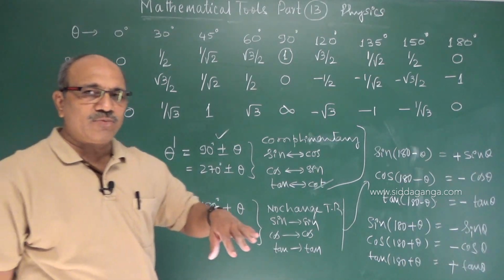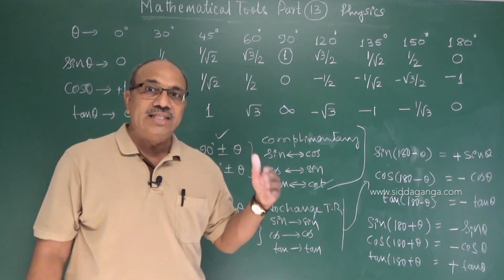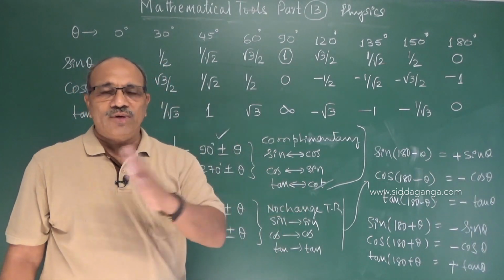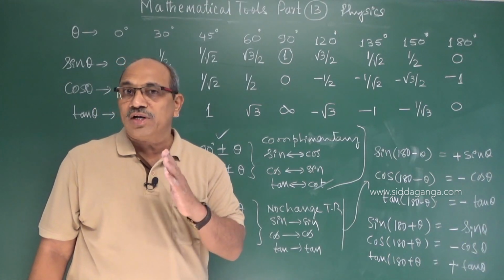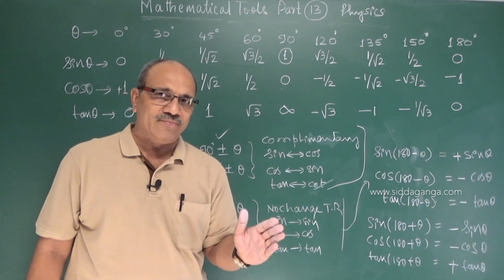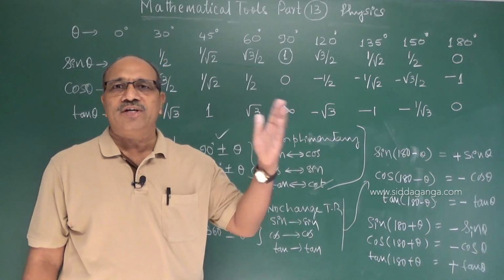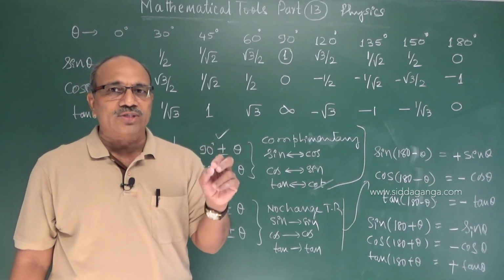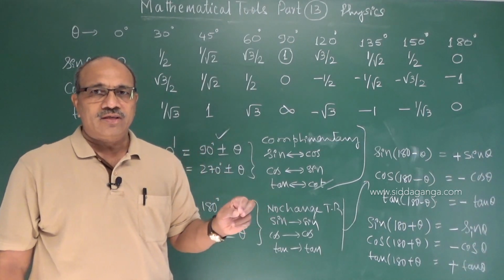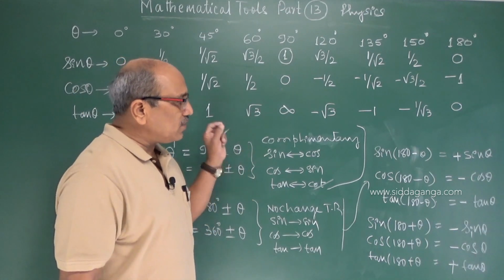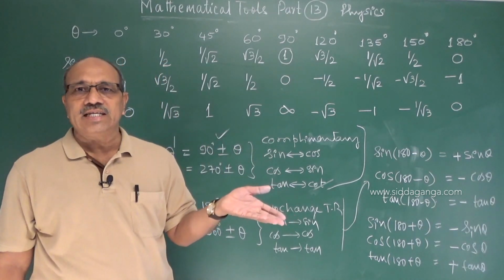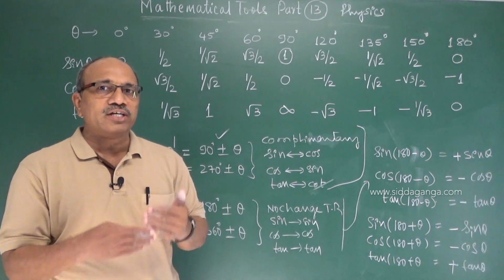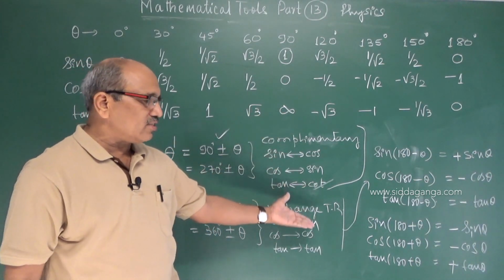So allied angles may be converted into angles less than 90 degrees. The reason I am stressing this is that your log table gives you the angle only for 0 to 90 degrees. For 120, 135, 270, 300 degrees, the table is not giving the numerical values of the trigonometric ratios. Therefore, if anywhere we get a value more than 90 degrees, we have to convert it and bring it to less than 90 degrees. That is made possible with the help of this knowledge.